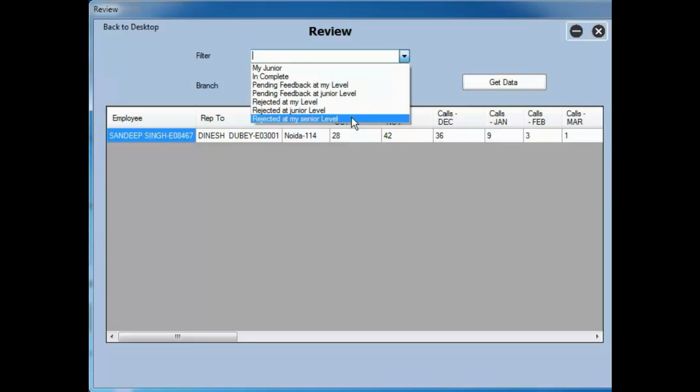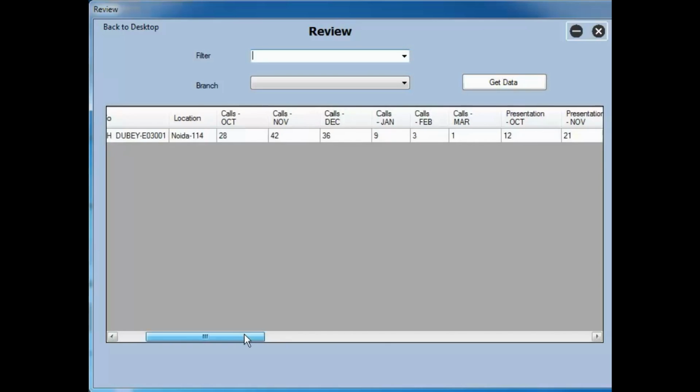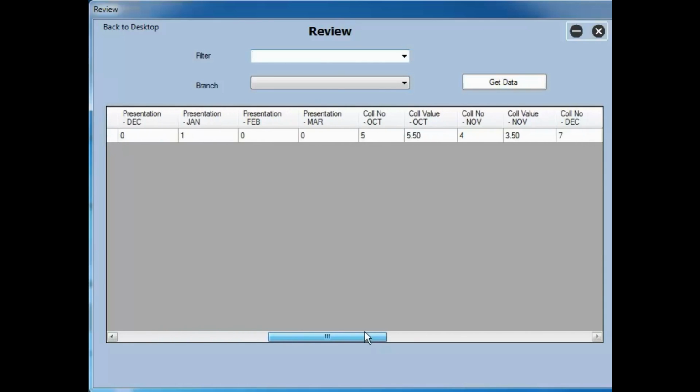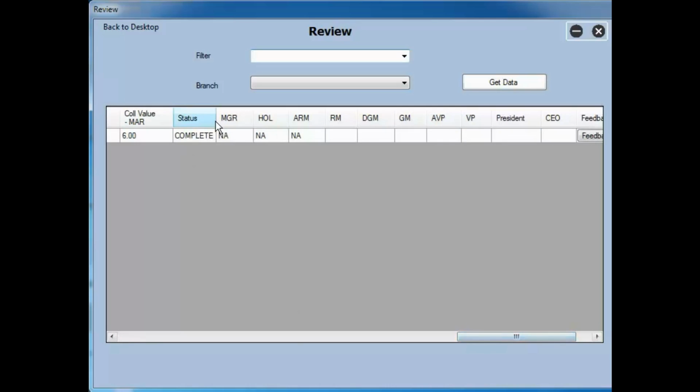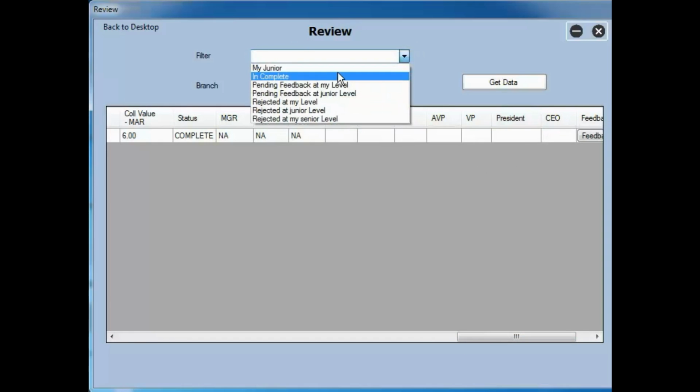I'm saying this because there are different levels of people who are going to be looking at the plan, from managers to HOL, ARM, RM, DGM, right up to the CEO. So therefore you have here from my junior to rejected at my senior's level.